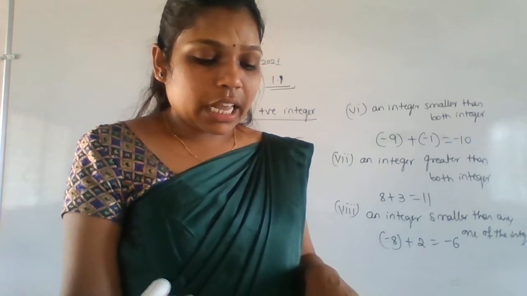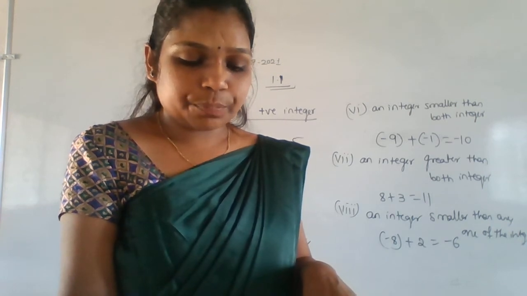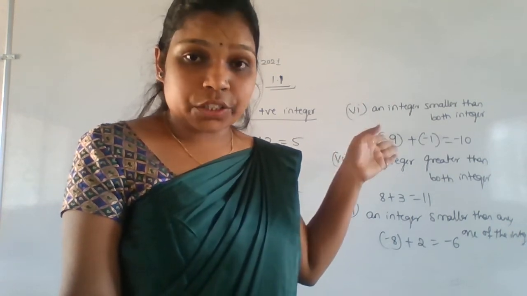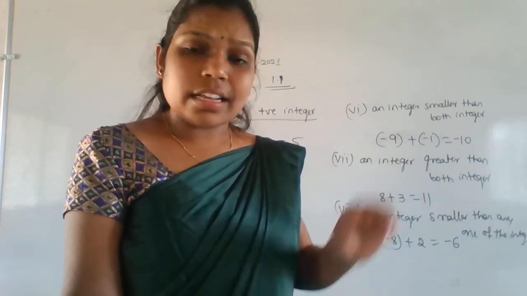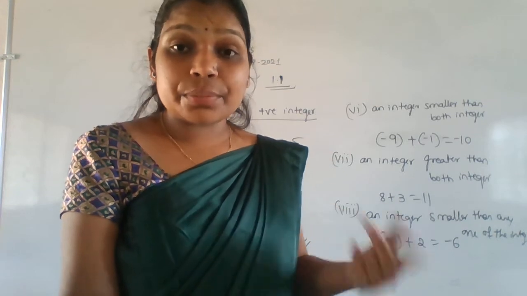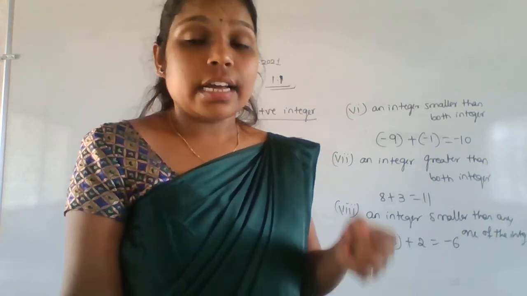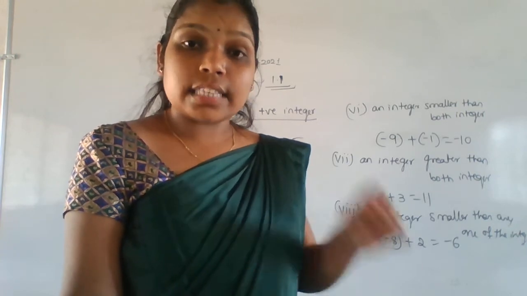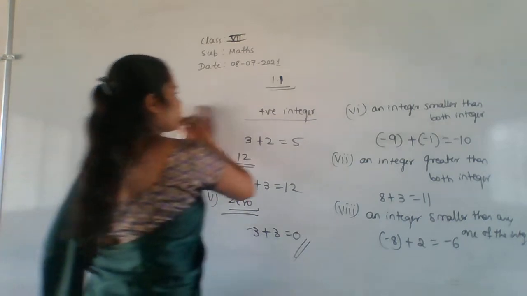Next, the second main. We write a pair of integers whose difference gives. Now we did the addition, that is, sum is nothing but the addition. Same process for the second main also, but we have to do the subtraction. They told here whose difference. Difference means we have to do the subtraction. So we'll solve now the second main.